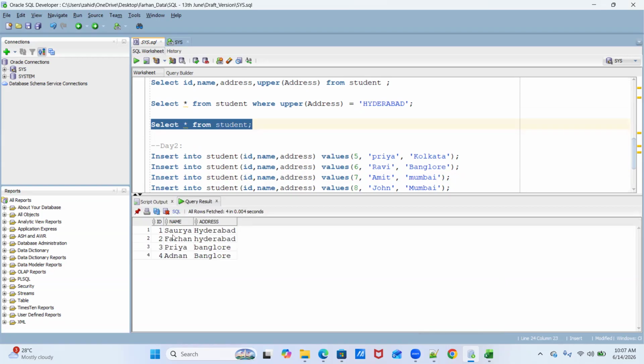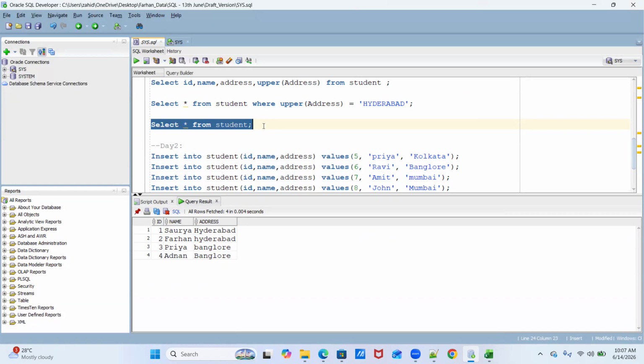Let's say you have 4 records in this table and you want to select only some records based on location, address, name, or ID. So in any of the columns, you're filtering the records based on location, name, ID, or whatever columns.